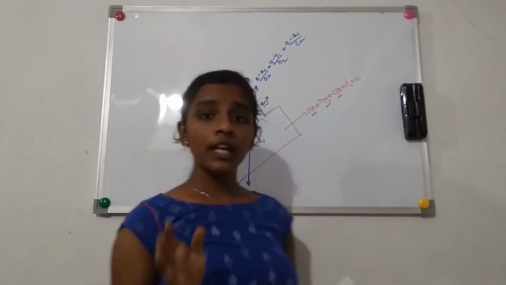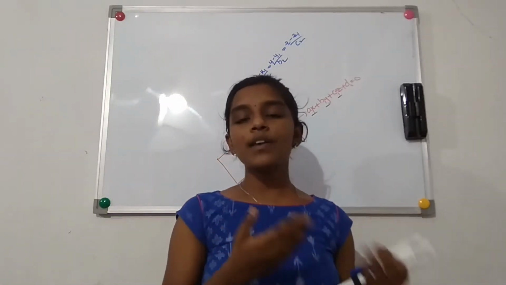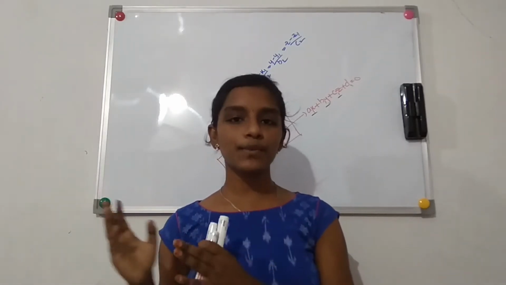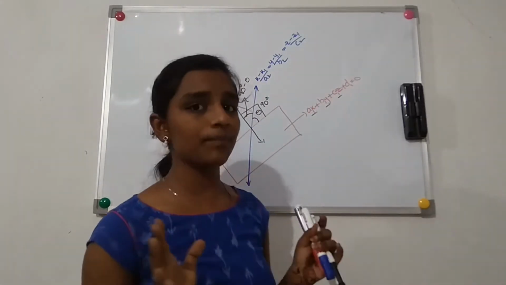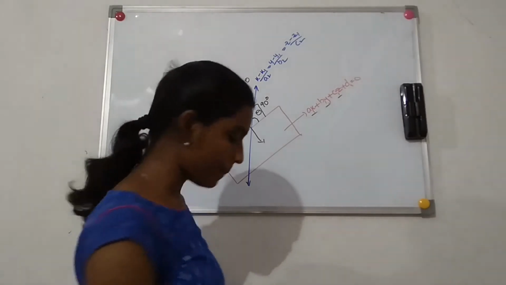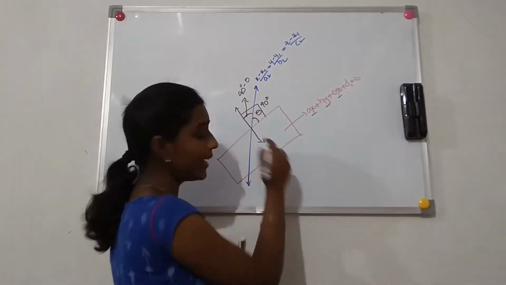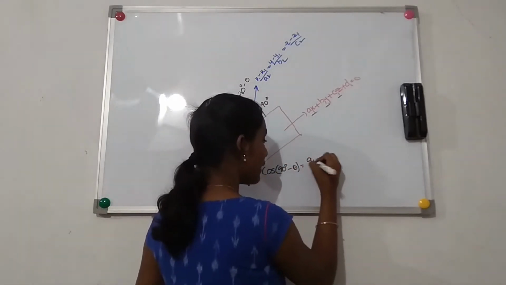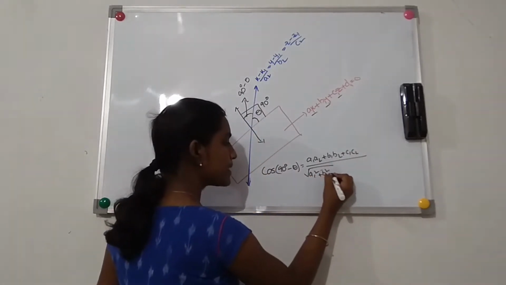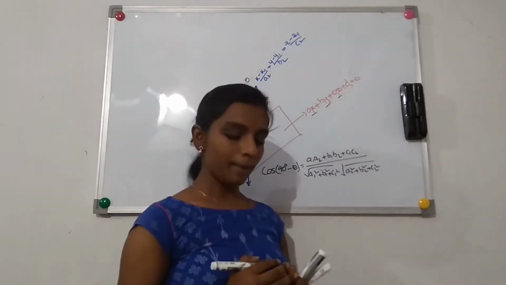If you were asked how to find the angle between two lines, you would use the formula cos theta equals (a1 a2 plus b1 b2 plus c1 c2) by (root of a1 square plus b1 square plus c1 square) into (root of a2 square plus b2 square plus c2 square). That is the known formula. Let me do the same thing and write the angle between these two lines, that is, the normal of the plane and the line. This angle is 90 minus theta, right? So cos of (90 degrees minus theta) equals (a1 a2 plus b1 b2 plus c1 c2) by (root of a1 square plus b1 square plus c1 square) into (root of a2 square plus b2 square plus c2 square). Okay, that is it.